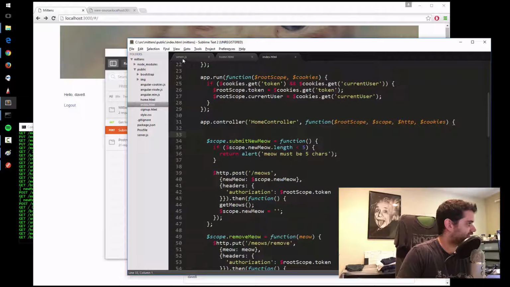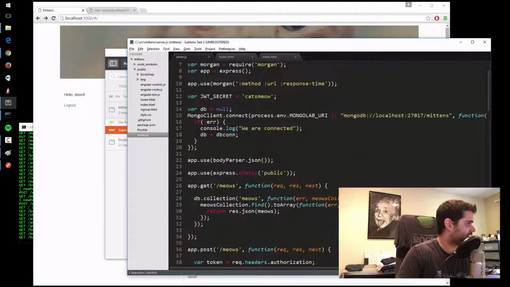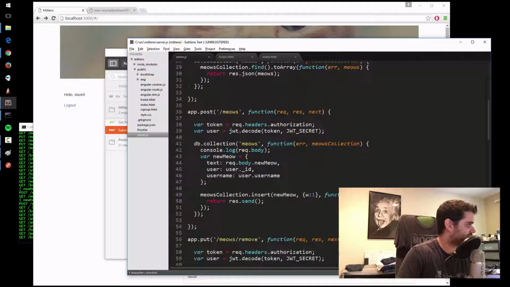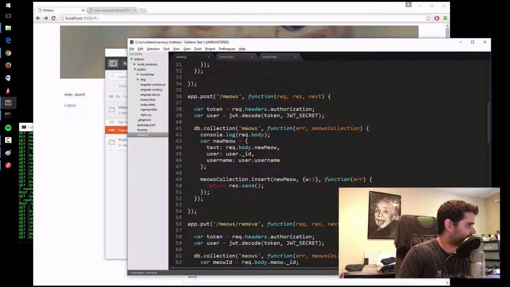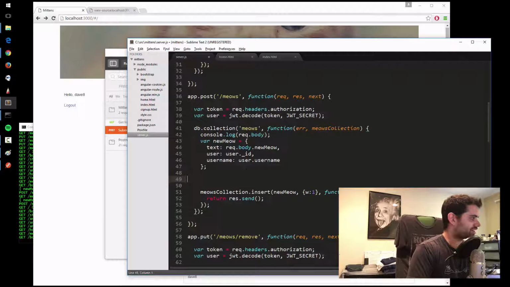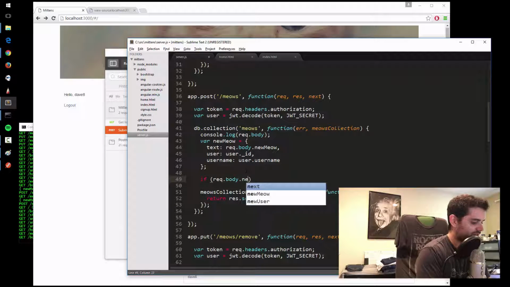So on the back end here in server.js, before we insert this new meow into the meows collection, let's do the exact same thing we did on the front end. If req.body.newMeow.length is less than 5,